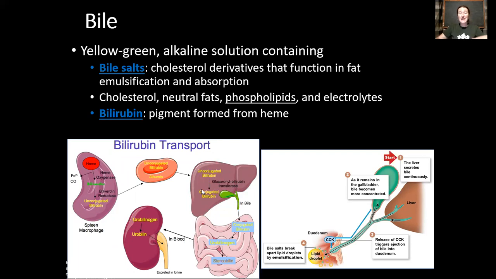And so this bilirubin has to get out of your body somehow. It is going to be dumped into the intestines. A lot of that bilirubin ends up in your stool, and that's what gives your stool its brownish color. But then some is actually taken back up into the blood and exits via the kidney. So essentially we need to get rid of this byproduct of our red blood cell breakdown, and we do that via our urine and our feces.